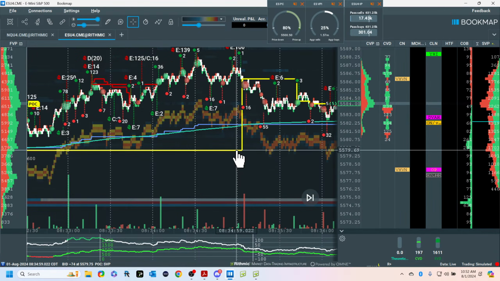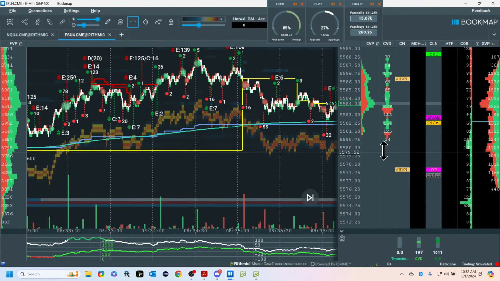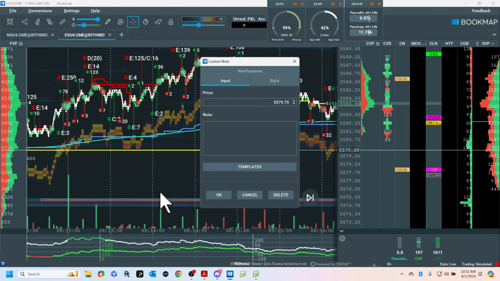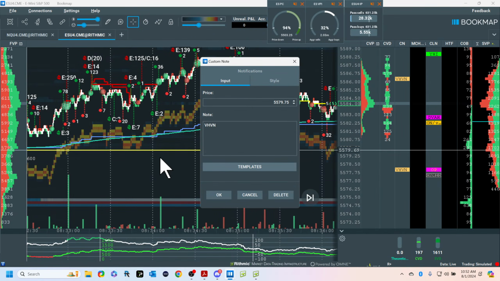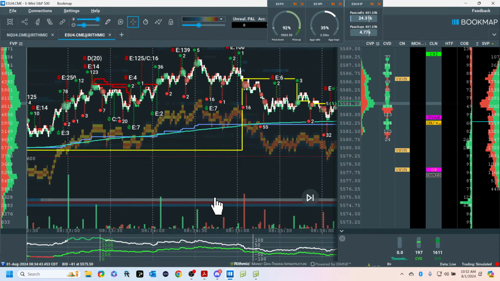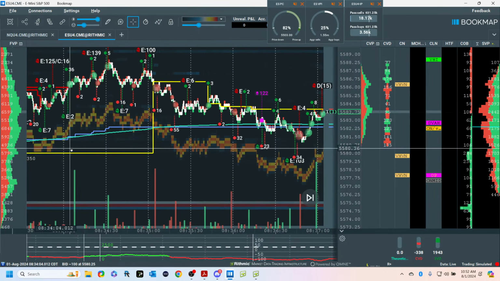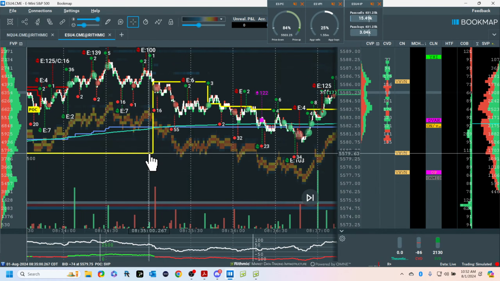So, variable high volume node, I'm going to label it. So what this is, and let me tell you what it says. This is the language of the market. So if you don't use indicators, and I mean you, I mean me, I have to find another way of interpreting behavior. I do it with volume and the auction. 5505, by the way, is an area to observe currently. So we pull back here, variable high volume node, and out here.